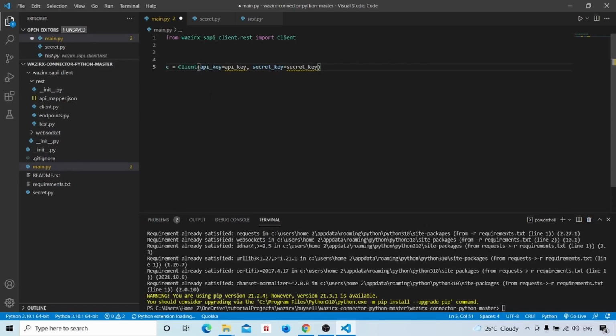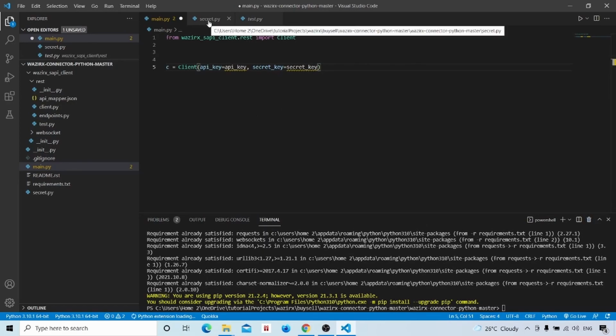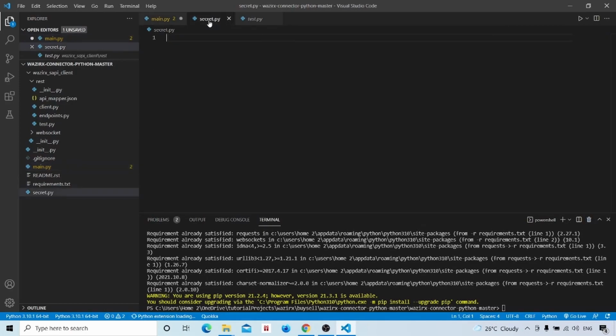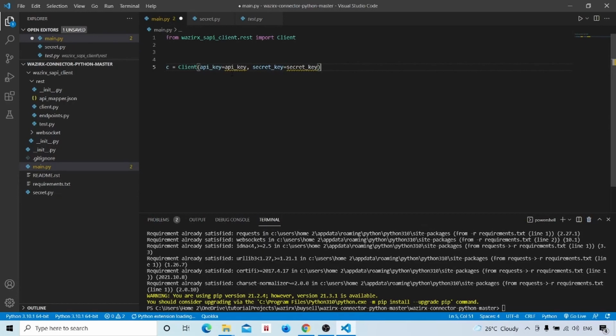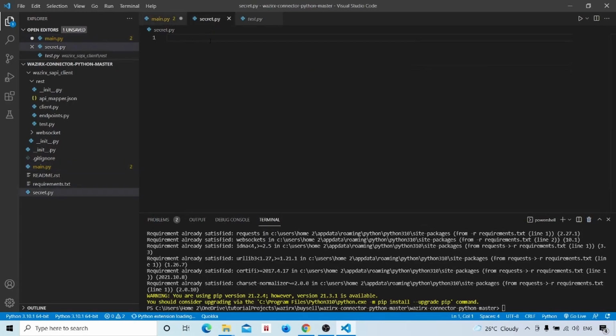The API key will be stored in a file called secret.py. Normally we store secrets in environment variables, in a .env file. In this case, for simplicity, we are storing it in a Python file. We will name the variables API key and secret key.